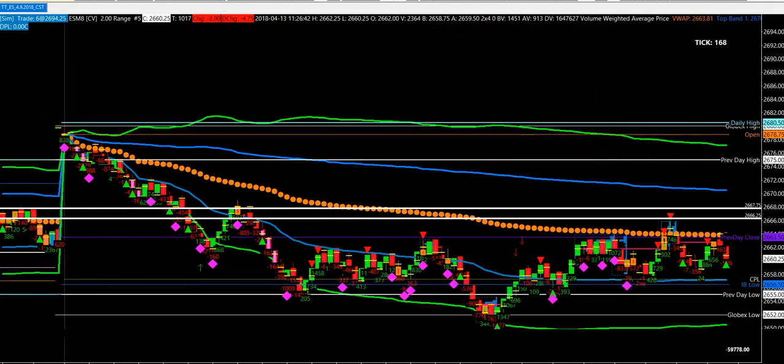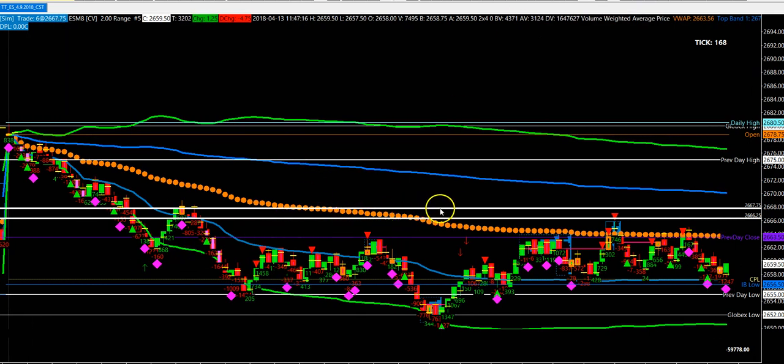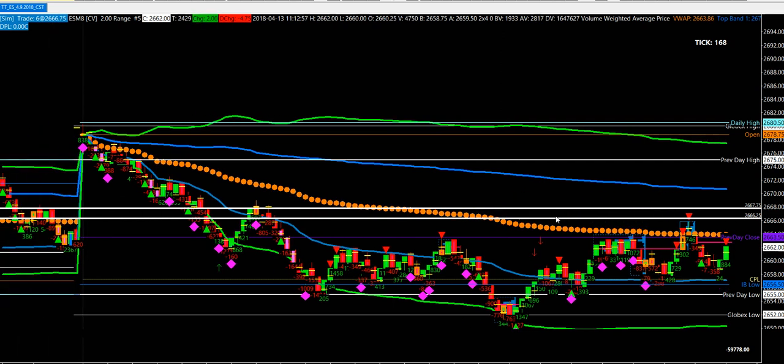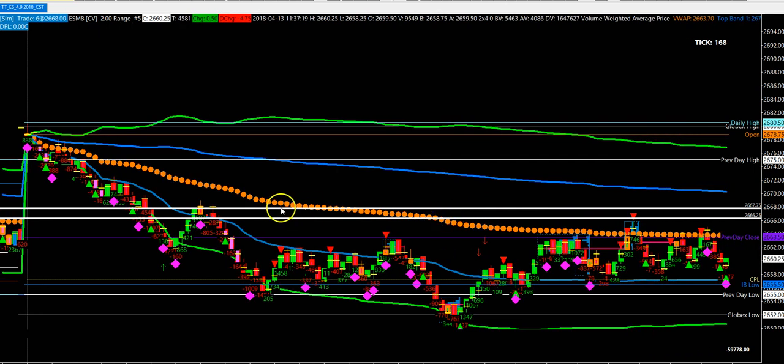If we take a larger picture, and let me erase all the lines here from the course of the day. This is an anomaly in the profile right here. It's a very important area. Within that profile, we were looking for rejection out of that area, both support. You can see earlier how that supported it. The backside test gave rejection. And then I was hoping to get one more push in. We never got that, but we got another setup. And so let's go through what that looked like specifically.